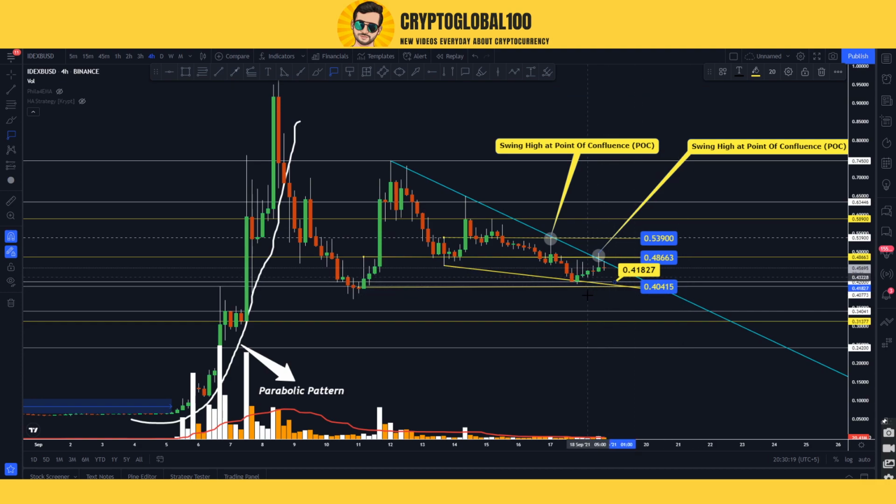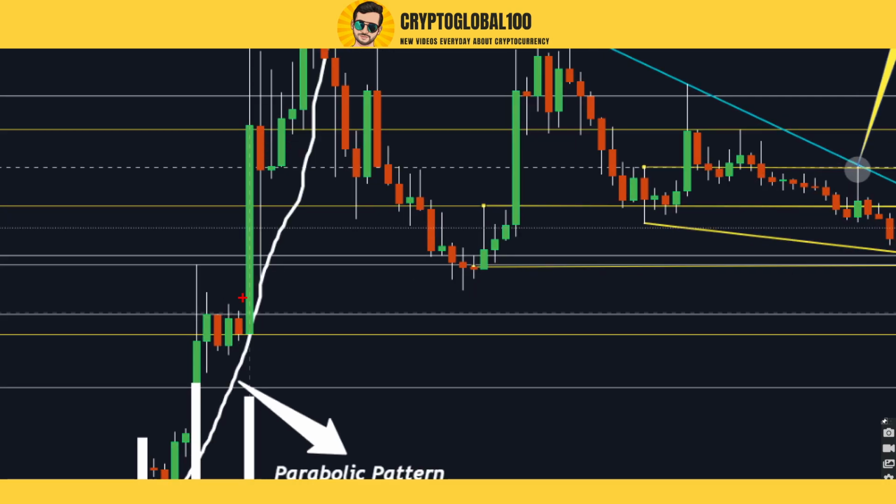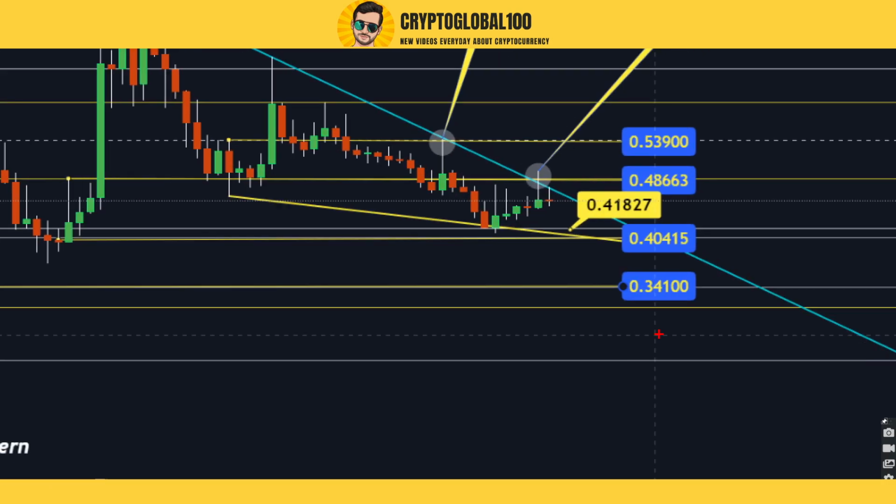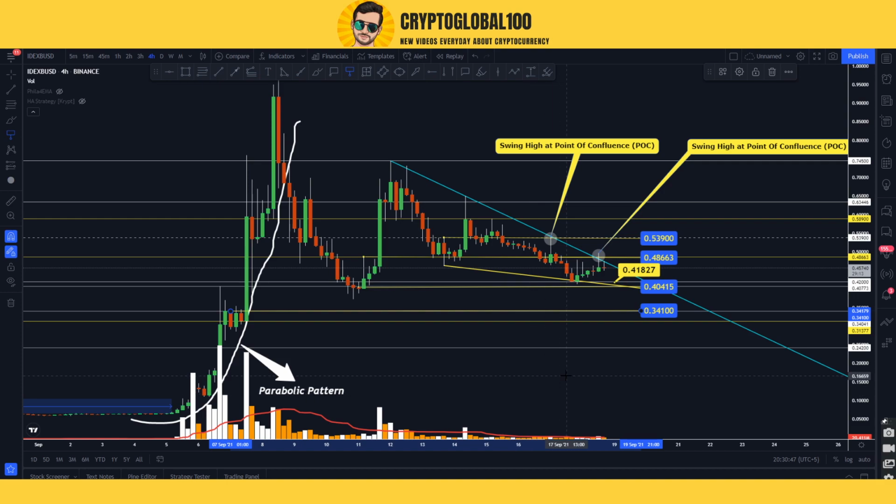But you can see this was the huge candle which broke out from this level, and it has not been tested yet. So this level can be tested in the future, so be prepared for this level to get tested at 0.34. If we get a strong rejection from the upside and strong selling volume down there, then 0.34 is also possible. Keep that in your mind, 0.34, because this level has not been